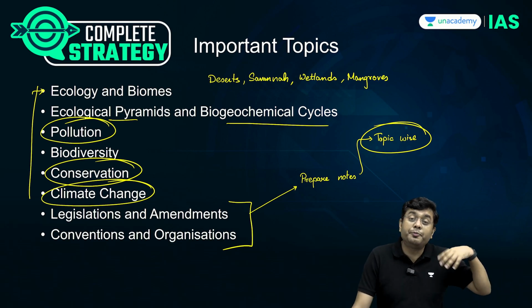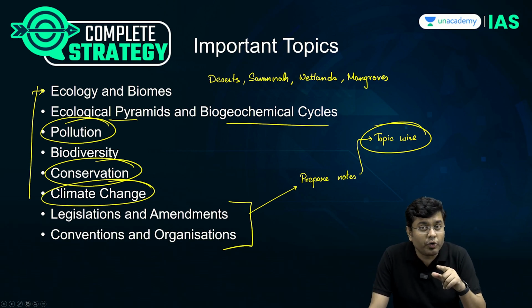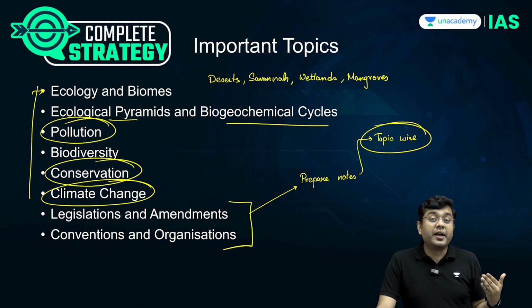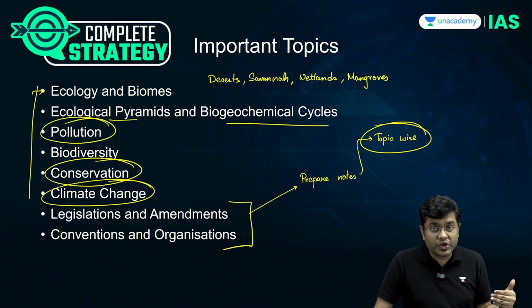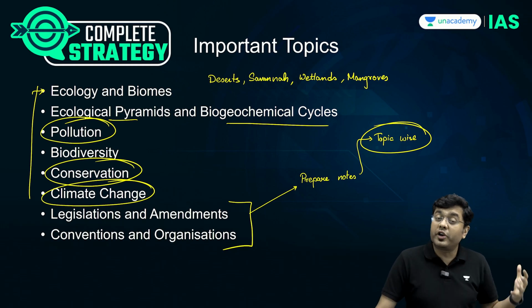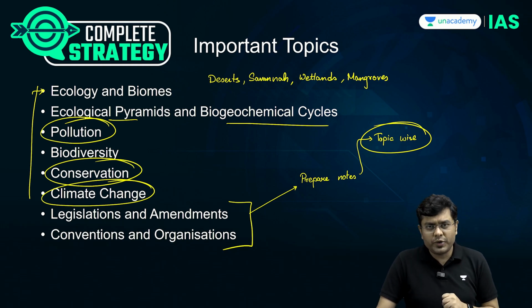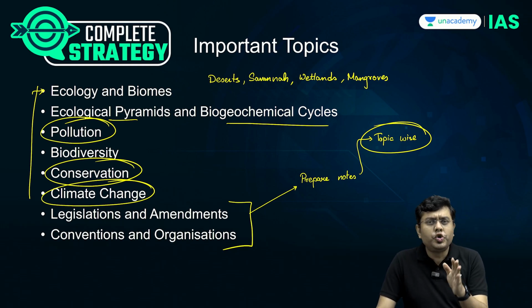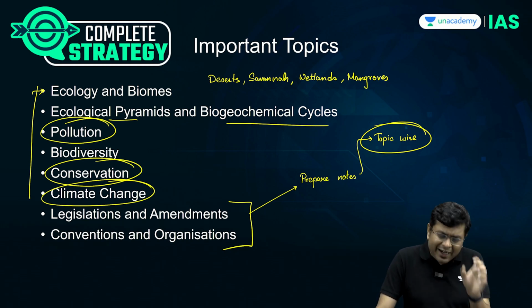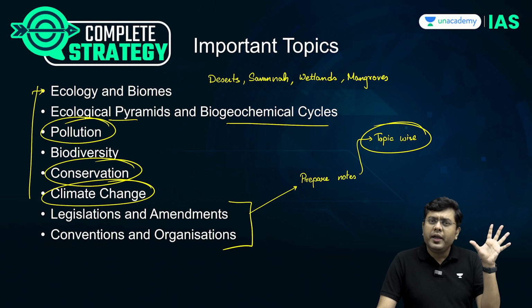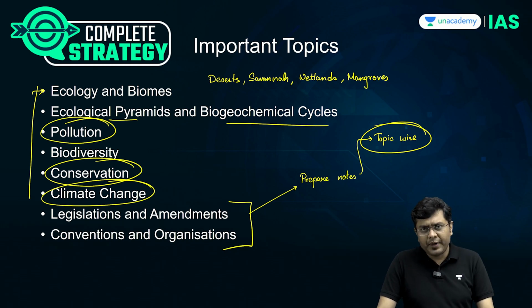When we talk about, let's suppose, pollution, there also, along with that, which are the conventions involved? What is the Stockholm Convention? What is the Rotterdam Convention? What is the Basel Convention? That needs to be the approach. Once you develop short notes for each of these, then you wouldn't need to worry about this subject at all. At max, a question which will puzzle you is the factual question. Other than that, you will be in a good space.